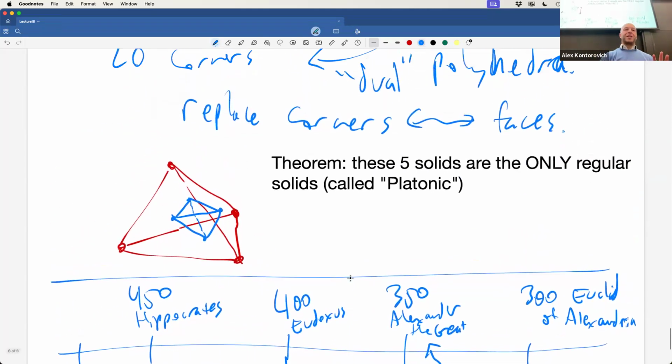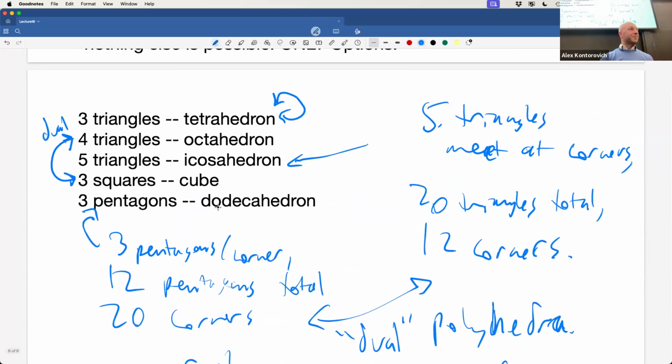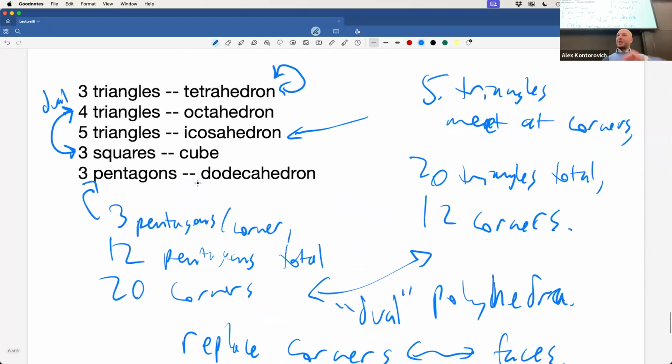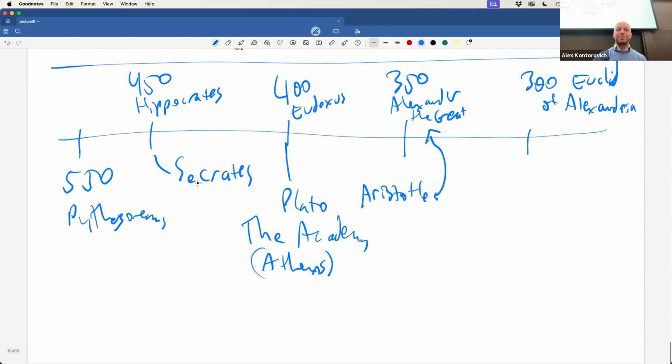Lots of societies who asked these kinds of questions came to these conclusions. This is one of the things that if you were sending a probe out into space, you would want aliens to know that we've understood something. You just draw the five Platonic solids, and they go, "Oh, these guys understand something." And they made a spaceship, so they understand something. There's some deep mathematics there. So Plato knows that there are these five Platonic solids.